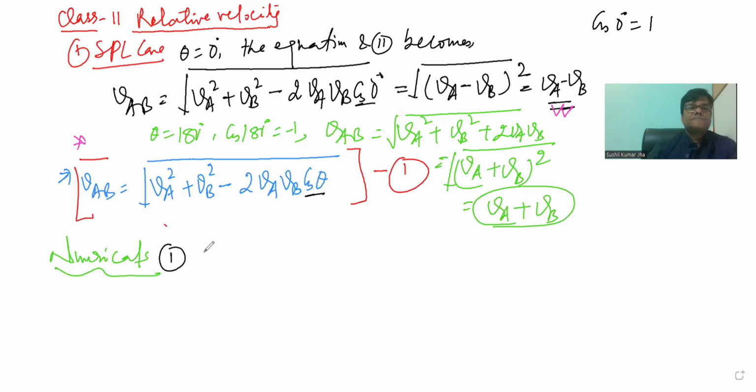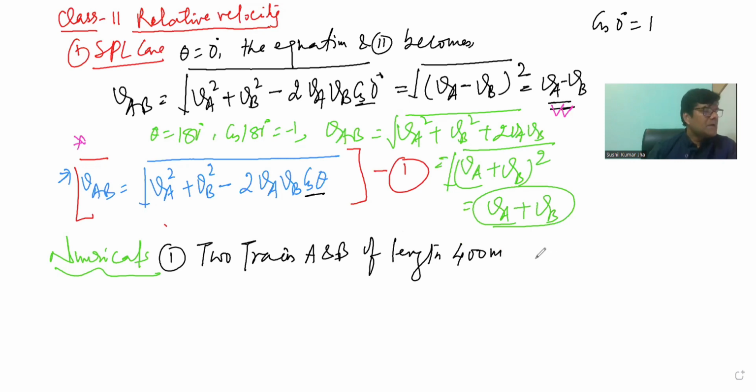So first is: two trains A and B of length 400 meter are moving with VA and VB with 72 km per hour in the same direction, with